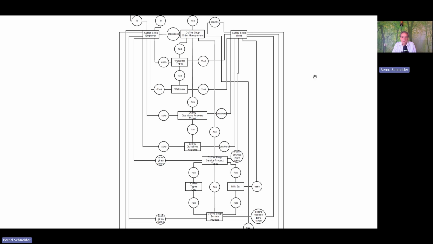We have currently no description of the process steps where, in case the milk bottle is empty, the coffee shop sales assistant goes and looks for the milk bottle, and in case the milk bottle is empty, he will fill the milk bottle again with milk. These process steps are missing,